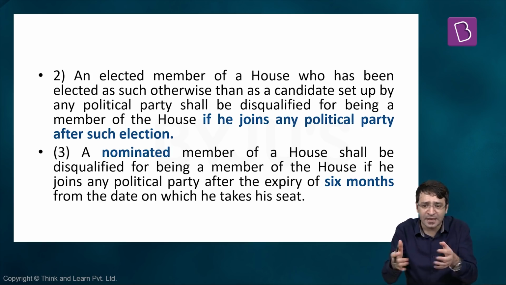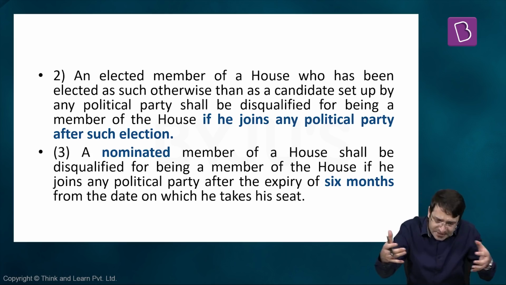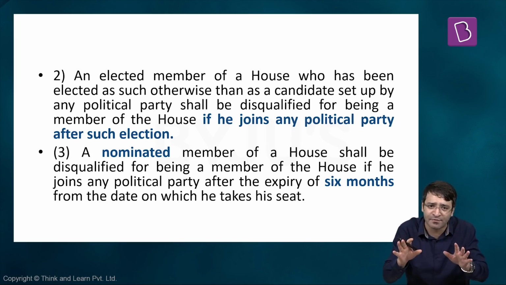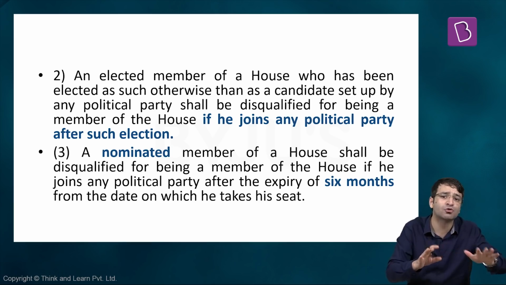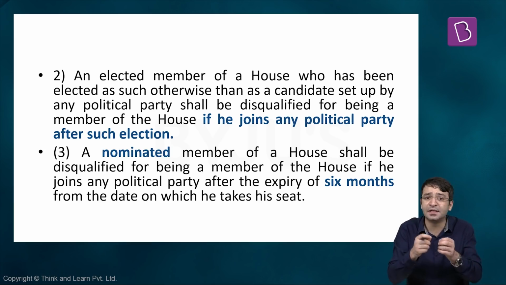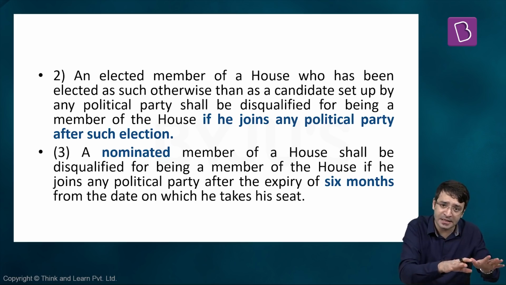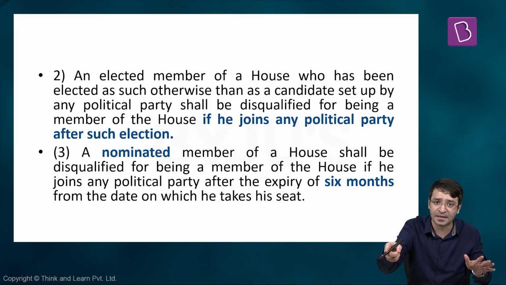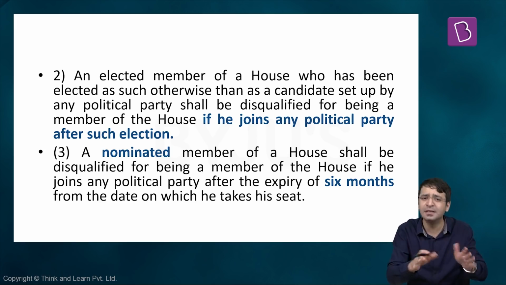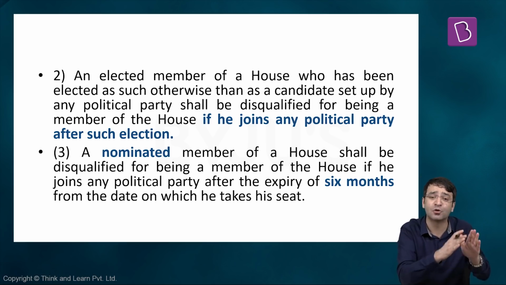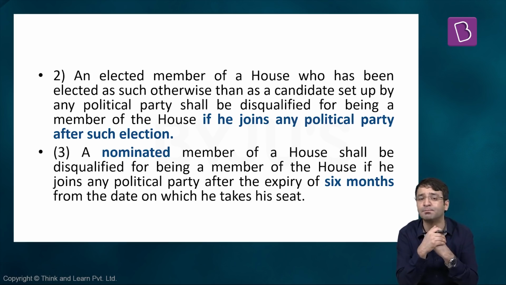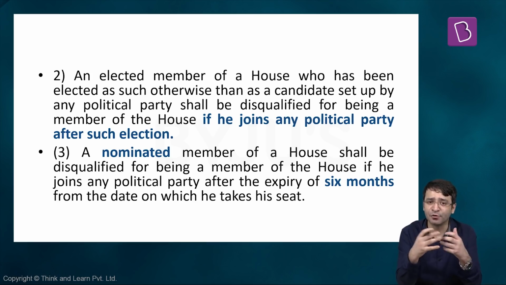And since in a government, there can be many political parties coming together to form a coalition government, that does not lead to disqualification. But if an independent member of a house joins a political party after the election, he is disqualified under anti-defection law. He can still be a minister without joining a political party because you are supporting the government. This government is making you a minister, but you will not be disqualified because you are not joining this political party.